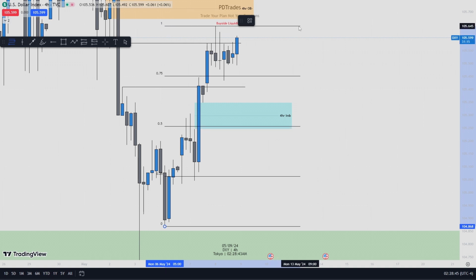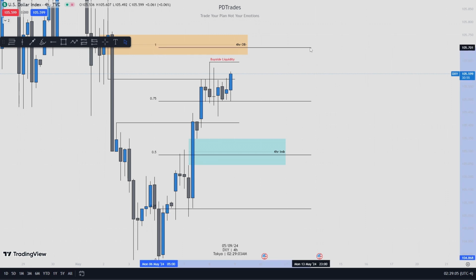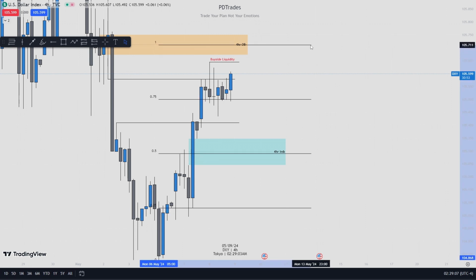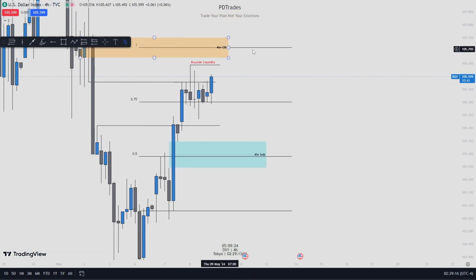Because let me say, for example, you see from this range, it's currently where? Just right at the premium, but a little bit of it is at the midpoint. So if it could push at least inside this order block, then I would expect it to be like this. I don't know if you see it, guys.